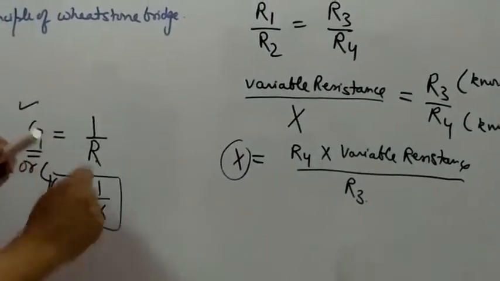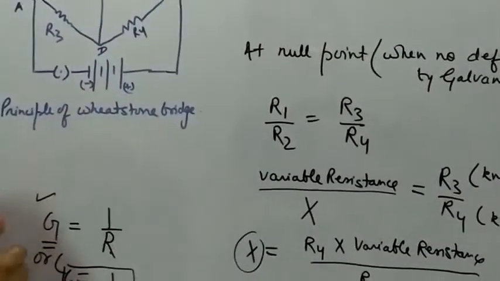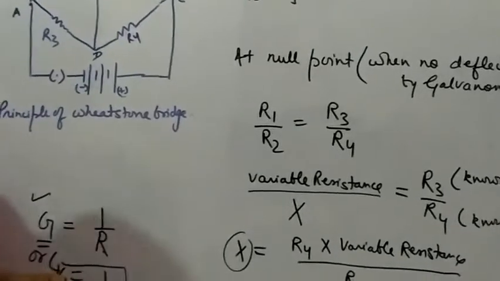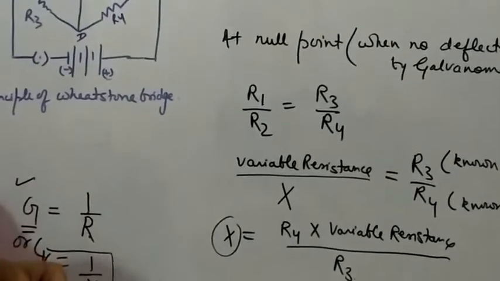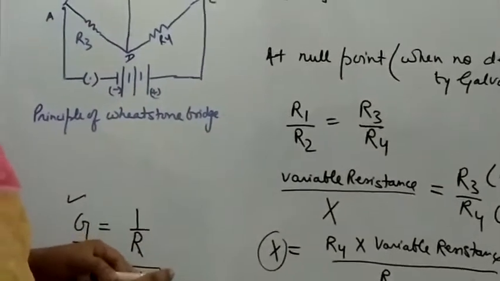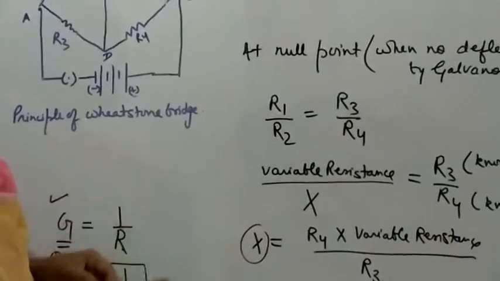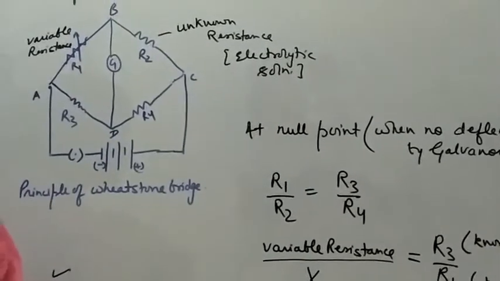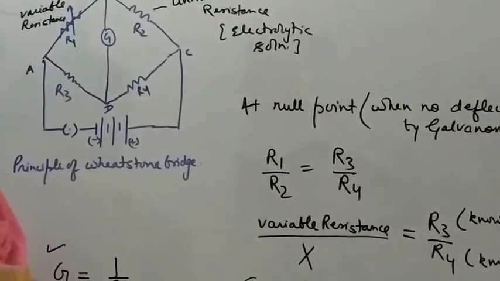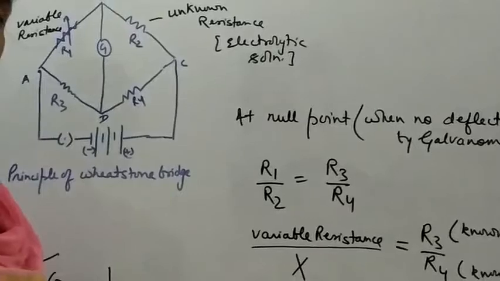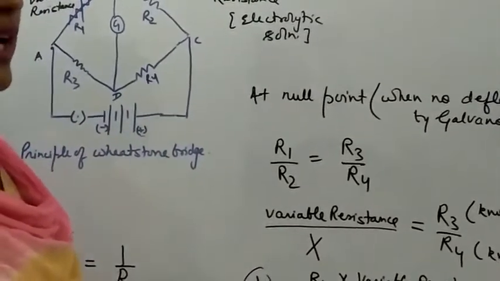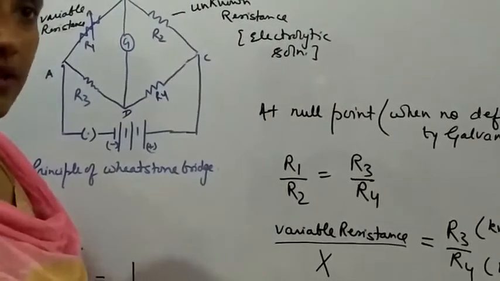Now here you can see that the source of electricity we are using is direct current. There is a drawback of using direct current, that is DC. The first drawback is that when we pass direct current through the electrolytic solution, electrolysis of the electrolyte will take place near the electrode. As a result, there will be a change in the concentration of the ions around the electrode, and this is known as polarization.